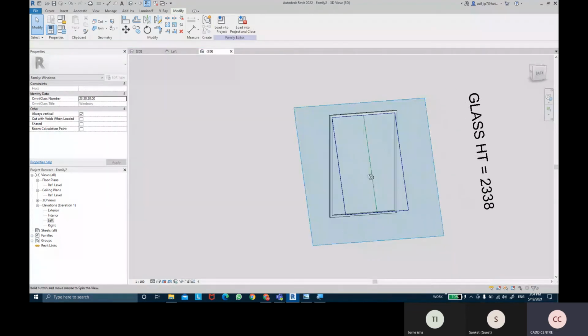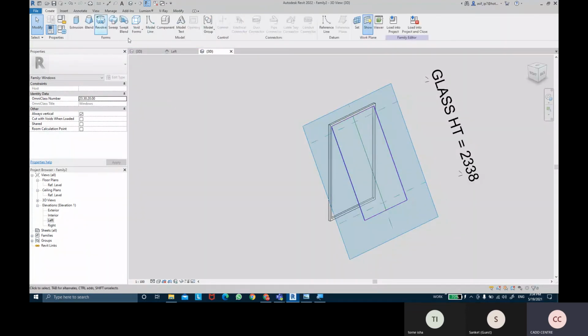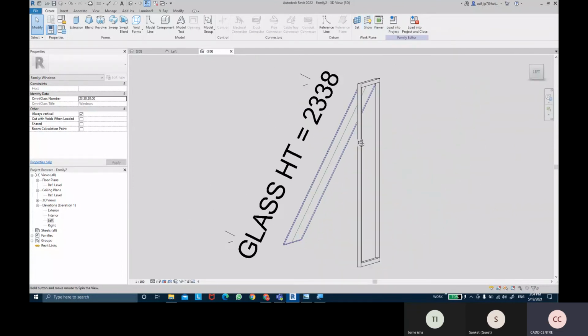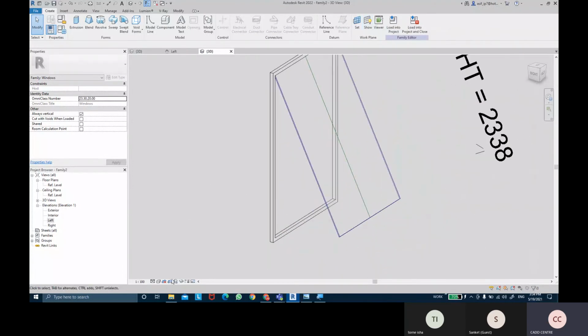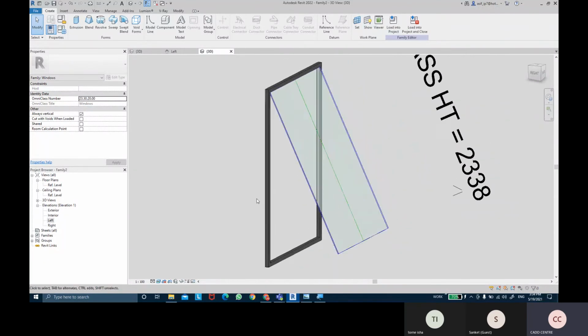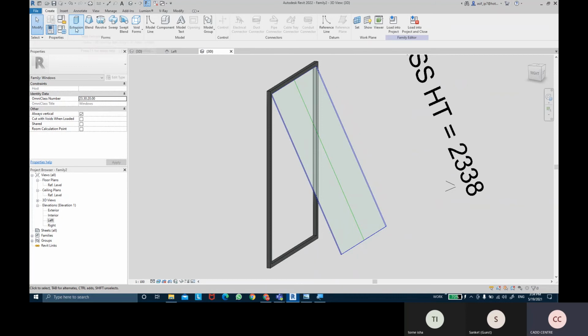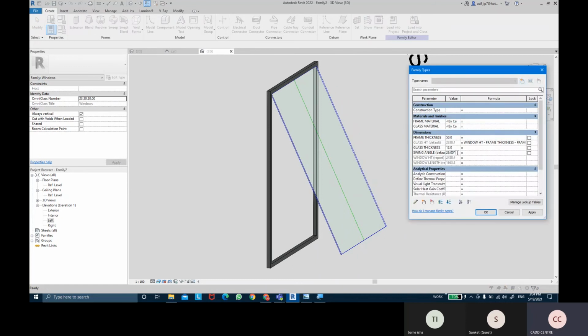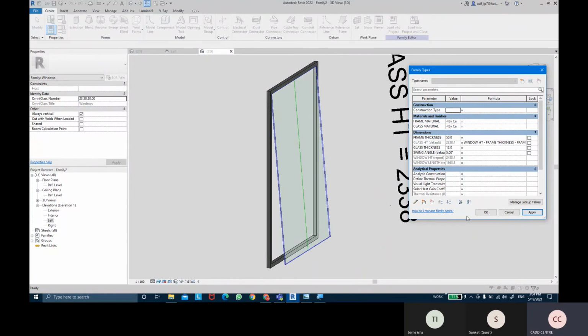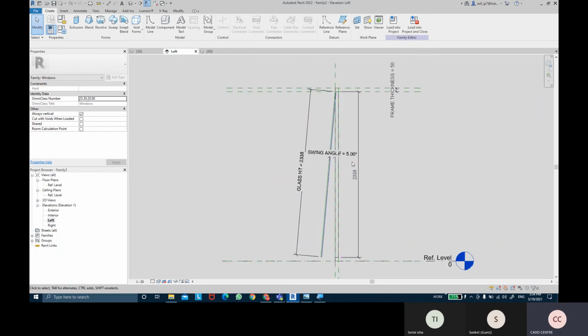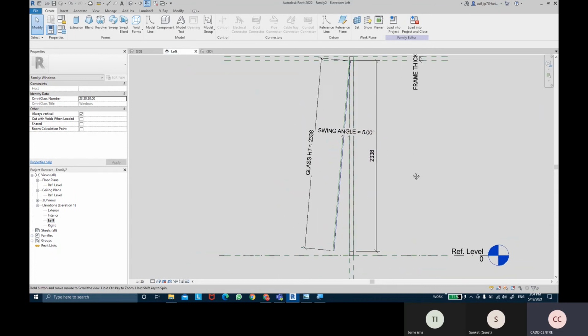All you see is a glass being created. You can come into the create office work plane. So you can see a window with the frame and with the glass actually. It has a parameter of swing action and everything. So if I change the swing angle from 26 degrees to like 5 degrees, and click on apply, you can see that it works. It swings the action. And you can check in the left view also. So that's 5 degrees of action.